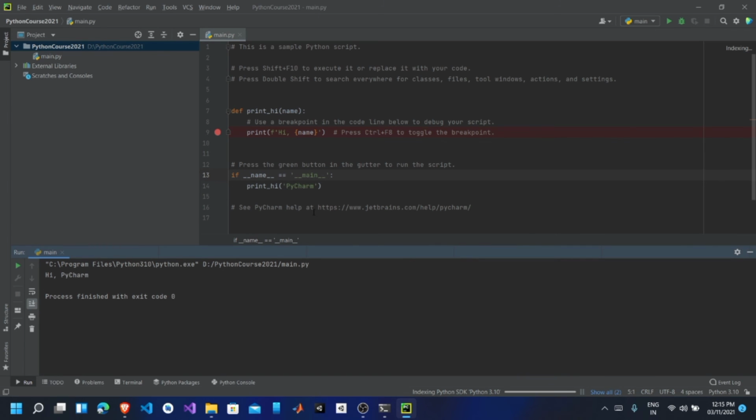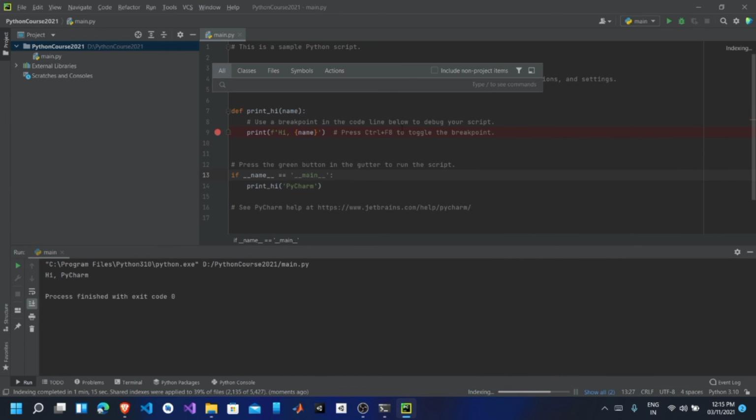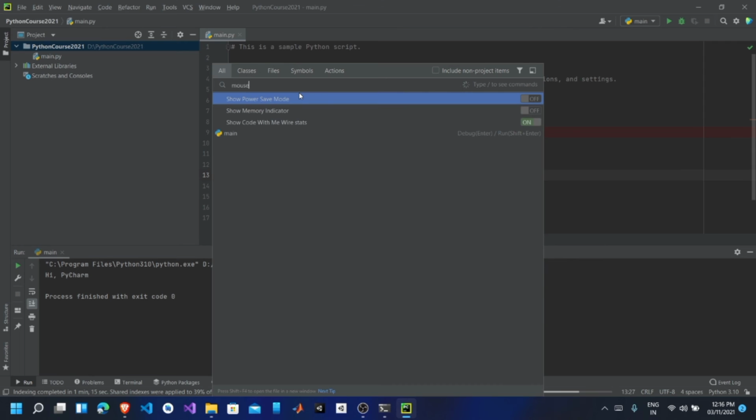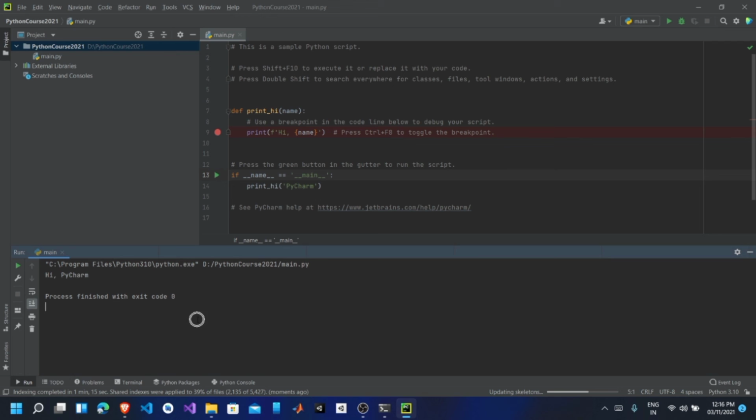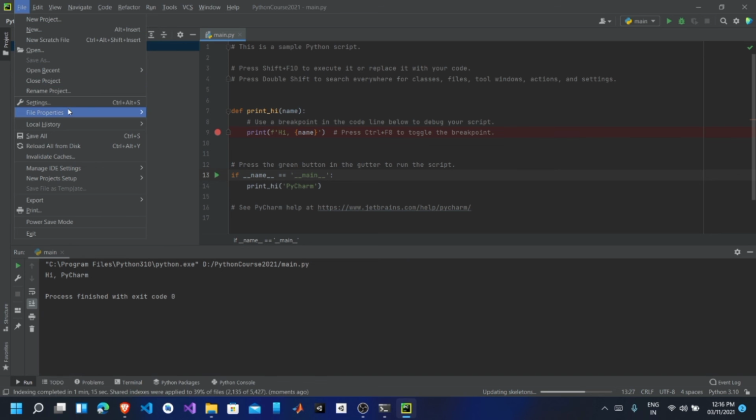Okay, so let me double click here. If you press double shift, then it will open a search bar where you can search any settings if you want. So I will search here mouse, and after searching mouse, here it is showing mouse and scroll selection. I want to enable a functionality in which I will press control, and then scroll. If I roll the scroll bar, then it will automatically zoom. So I have to go to settings.